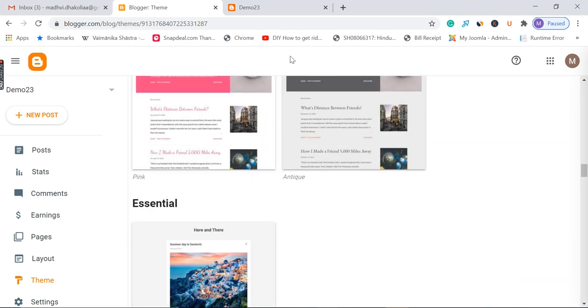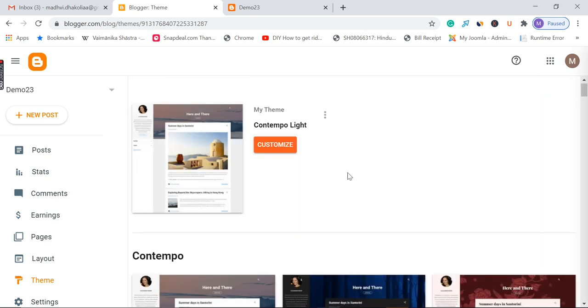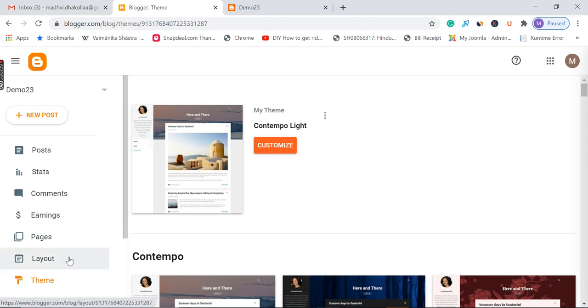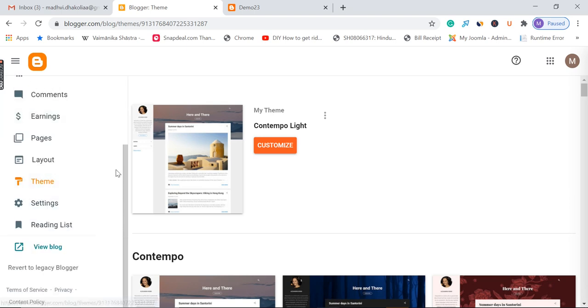Plus, if you don't like any of these themes, then you can download one from Google. There are best of the best responsive Blogger themes that are available on Google. You can download it. I will mention the link in the description so that you can download it from there. And in my opinion, I would suggest you download the colored Minima 3 theme, which looks very professional. You can download it from the link that I will mention in the description. Direct link to that theme. You can download it and simply upload it.